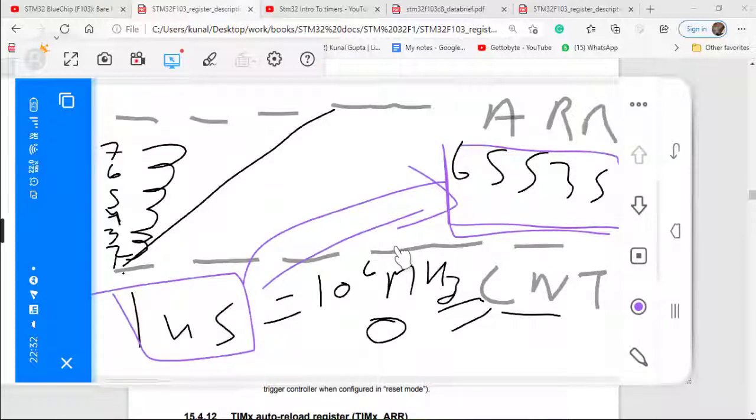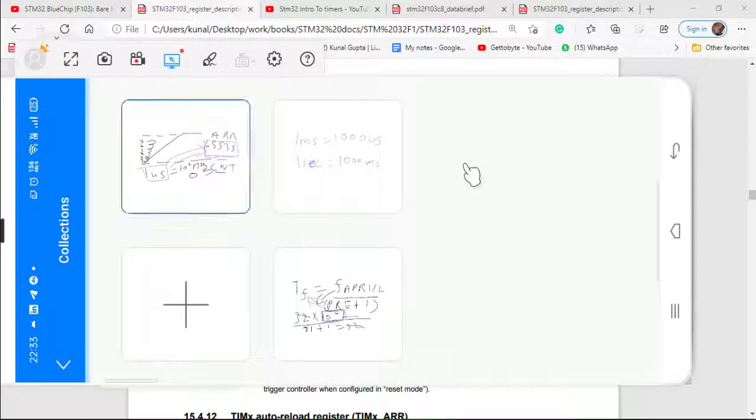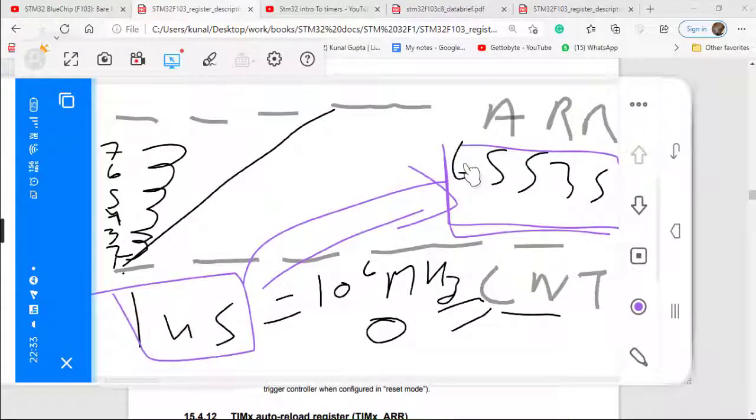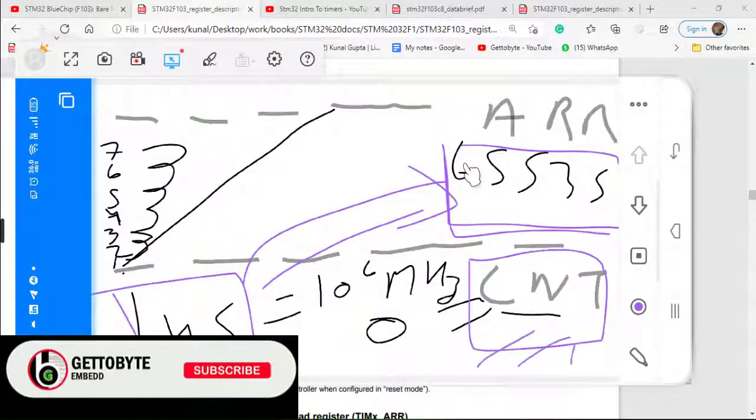So as we know that 1 millisecond is equal to 1000 microseconds, we will simply count the CNT value till 1000.